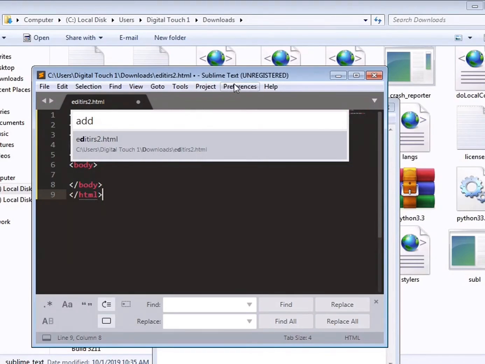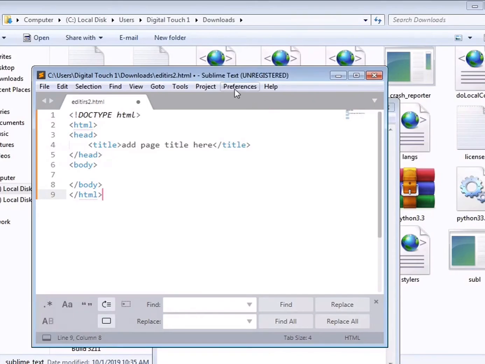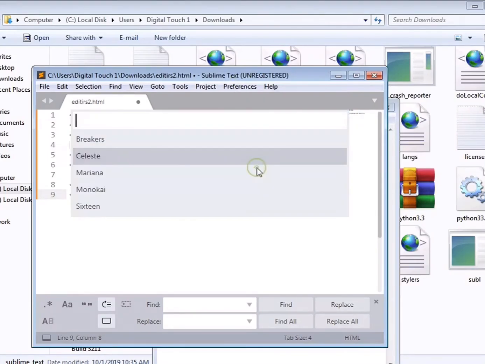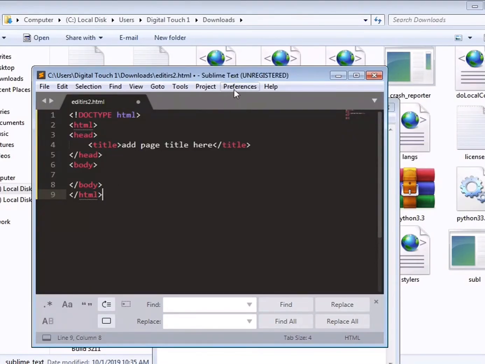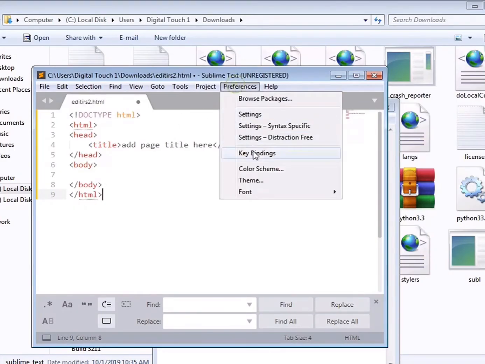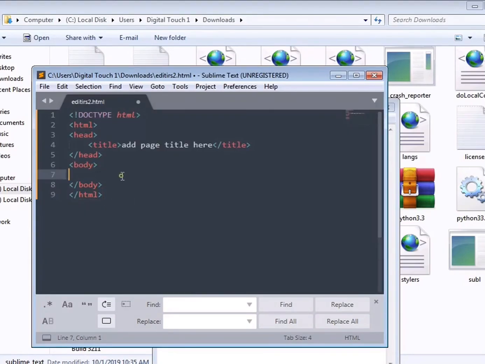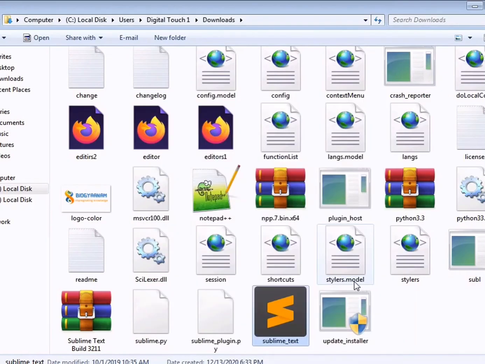Color themes are also available, so you can manage your color preference according to your taste. You can see there are many color preferences, and you can choose any of them. See how amazing it is working right now. The tags are of different colors. And through this we have worked on HTML.